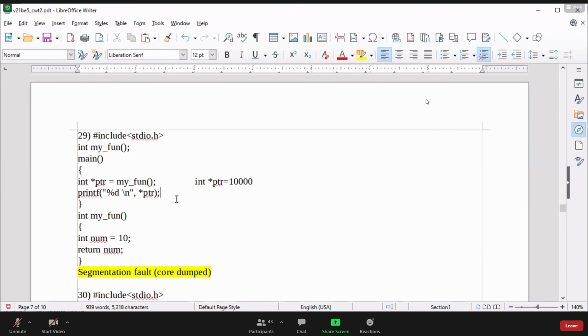Right. So I hope you are getting the difference between when it is a dangling pointer, when it is a wild pointer, and when it is just called a pointer pointing to an unknown, invalid location. It's an invalid location. The pointer is pointing at an invalid location. This is not a valid location, and that's why.